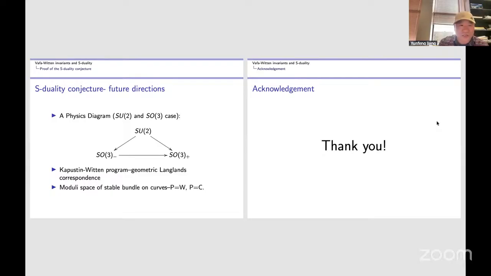Okay, some directions. The first one is something I learned from physics, but I'm not sure how to do it. It seems what I did right now, the S-duality modular theory, is an SO3 minus theory, if I remember correctly. I remember I saw a physics paper of Douglas. There exists some other SO3 plus theory, because SO3 is really SU2 modulo Z2, which I don't know how to do another theory. They said there is a T-duality between SO3 minus and SO3 plus, which I also don't know what that means in mathematics.